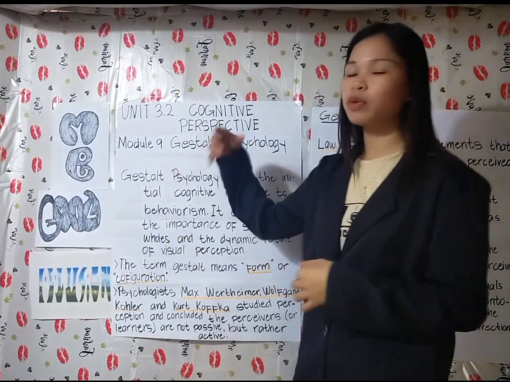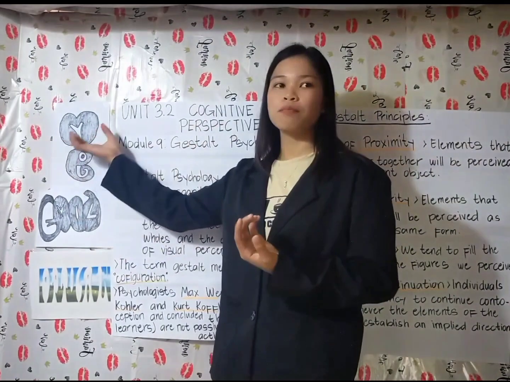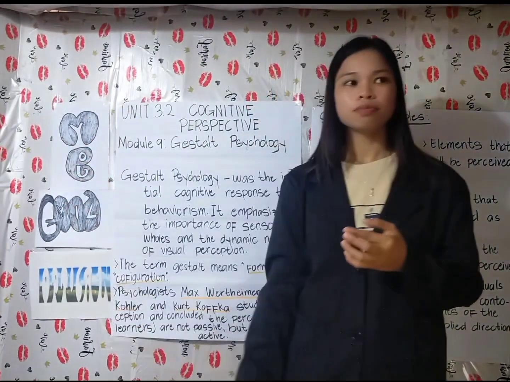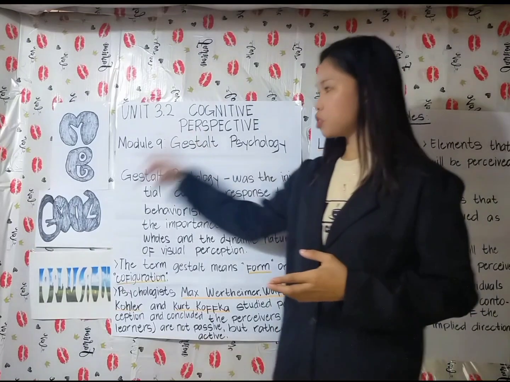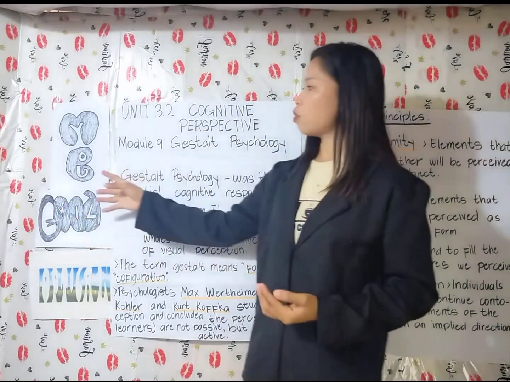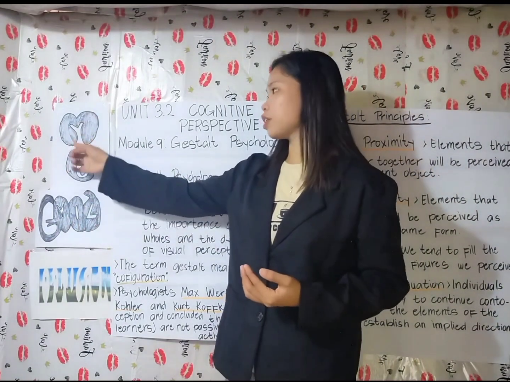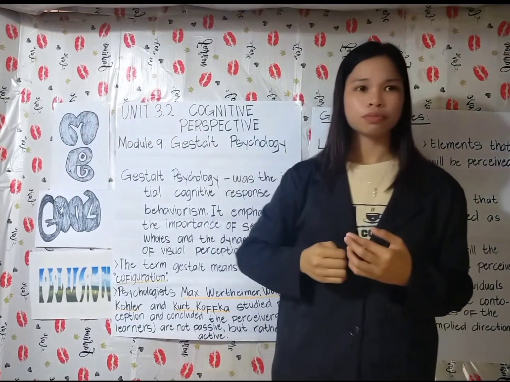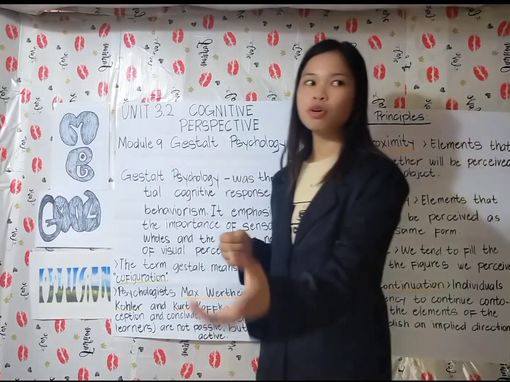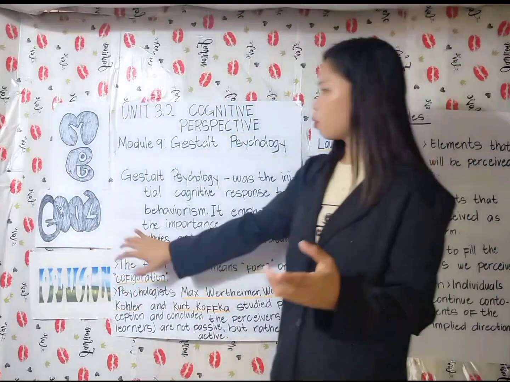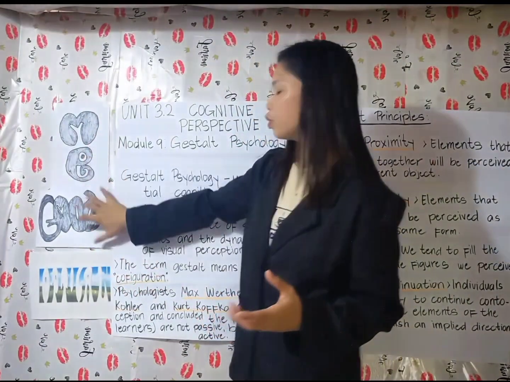When you isolate on any of these pictures, you could only read one word. It's either me or you. But if you look at it as a whole, you can read me and you, good and evil,